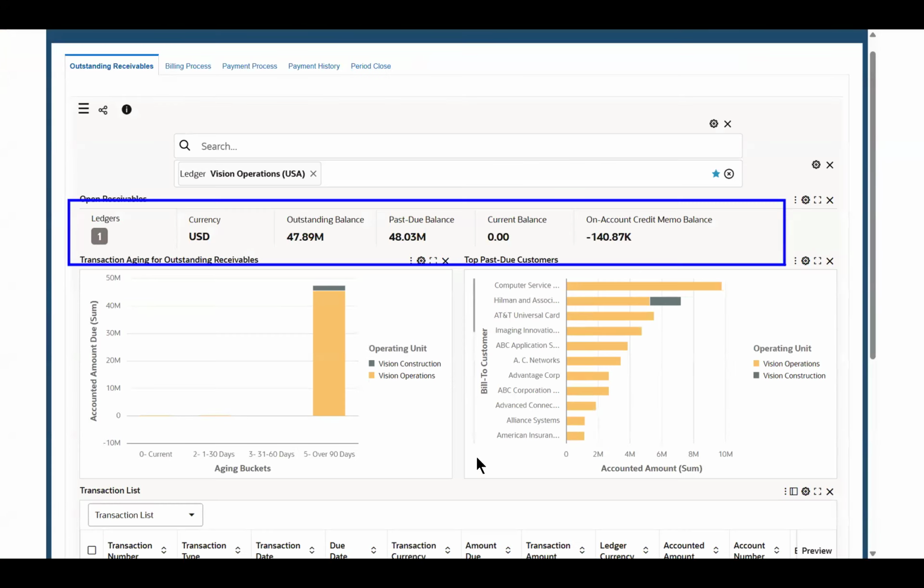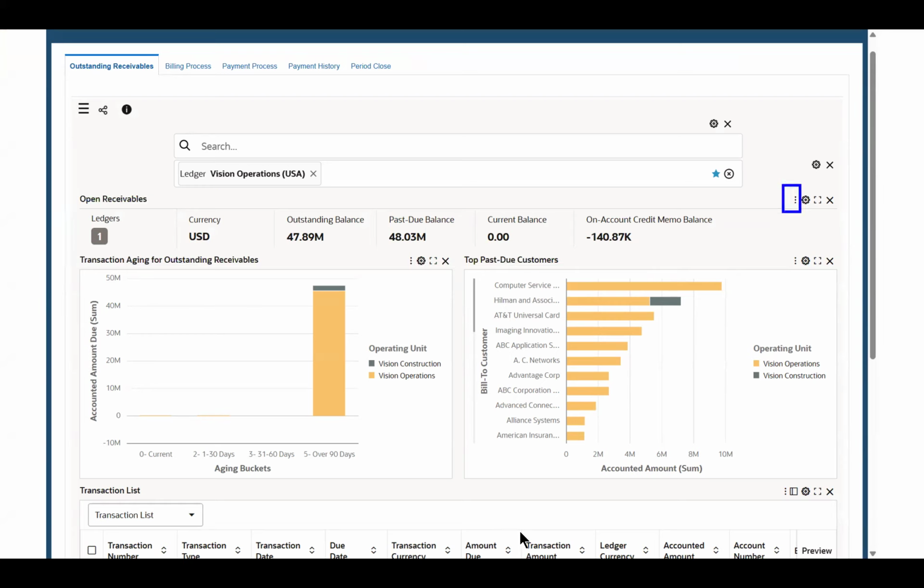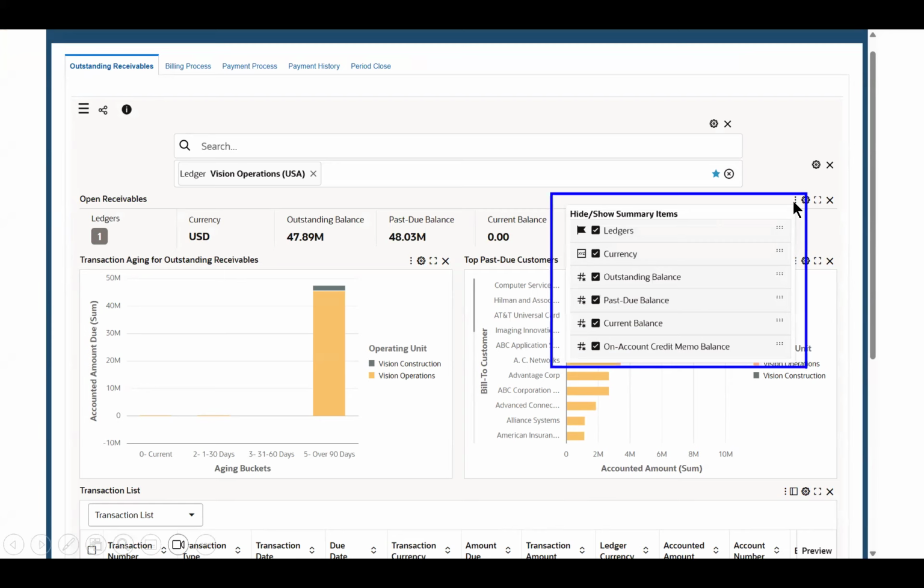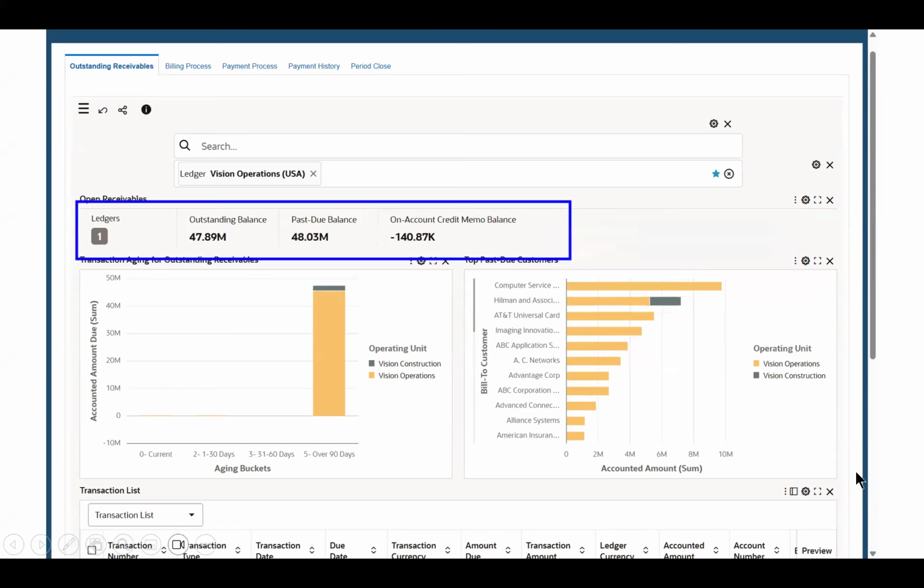And I'm in the receivables dashboard. As you can see across the top of my screen, I have some key indicators. I may not need that much information on this particular screen. I may not want to see all that. So I select these three dots here, and it shows me the summary items, and they're all checked on here. So what I've decided to do is uncheck currency and uncheck current balance, so I'm not going to see those on my dashboard because I don't really need that information. As I do that, I see the results, and I only have outstanding balance, past due, and on account